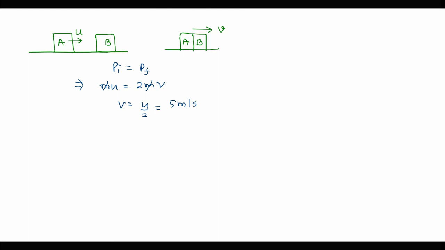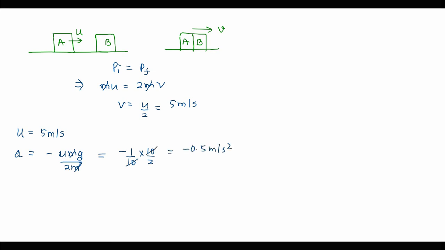This we are considering as the initial velocity of the system after collision. Now for this entire system, the acceleration is going to be because of the frictional force created on block B, but the total mass of the system this time is equal to 2m, because A is also a part of the system along with B. Hence the value is turning out to be minus 1 by 10 into 10 by 2, that is, for acceleration the value is equal to minus 0.5 meter per second square.